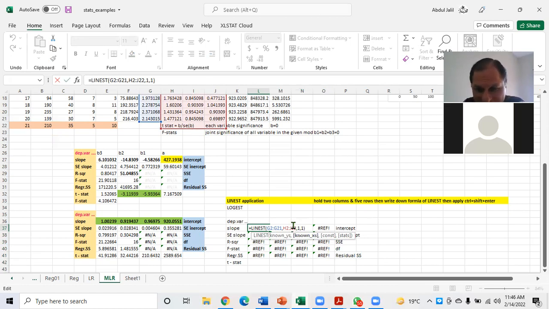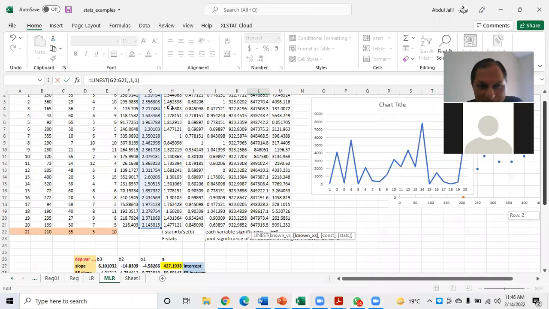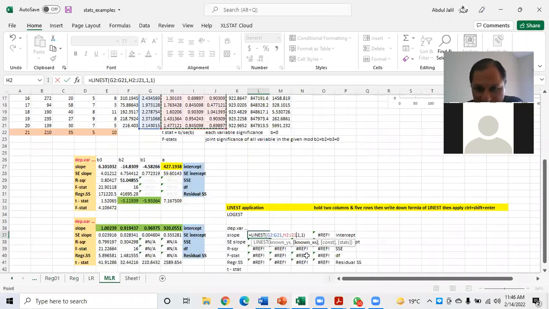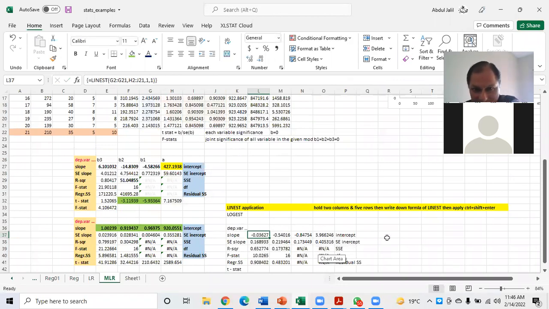Actually, the problem lies here. Whenever we are selecting this part, this whole area has been selected. Okay. Now comma is placed. Okay, control shift enter, and then we'll get the results. Now the results are better,